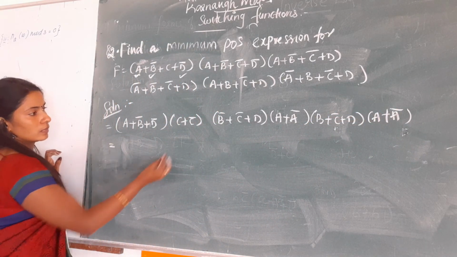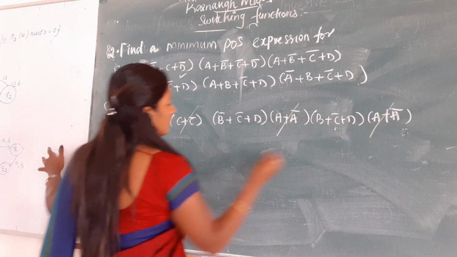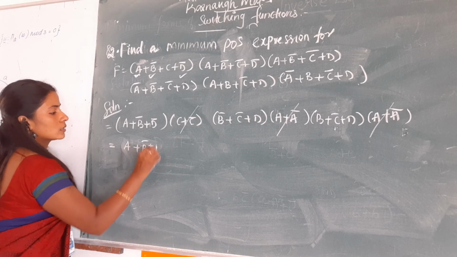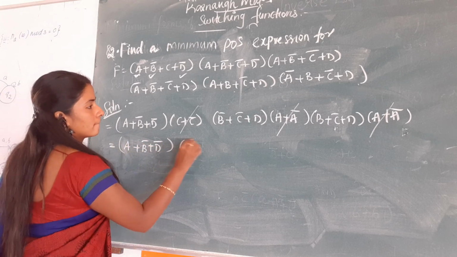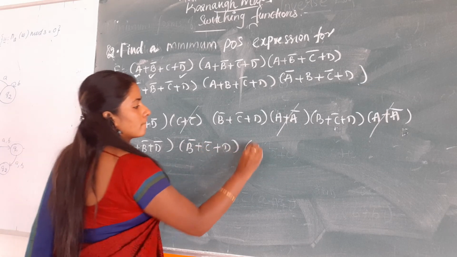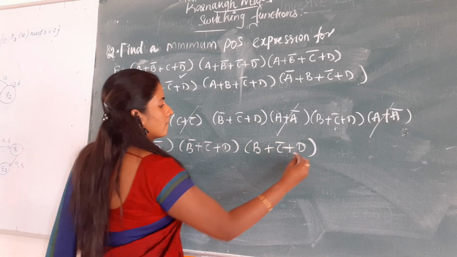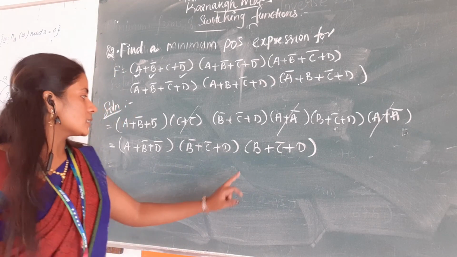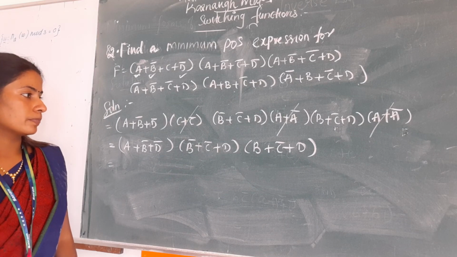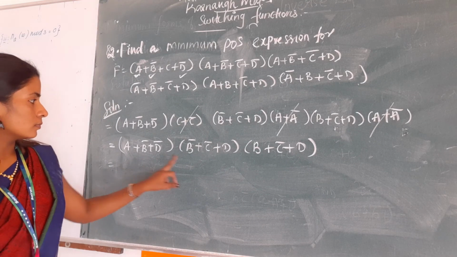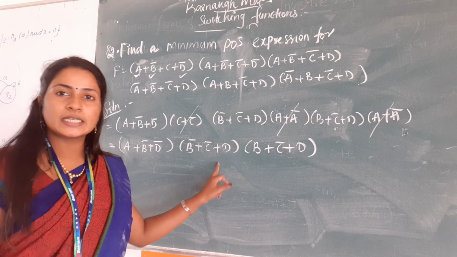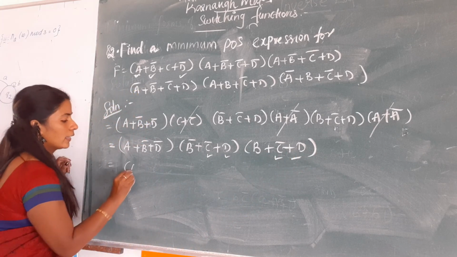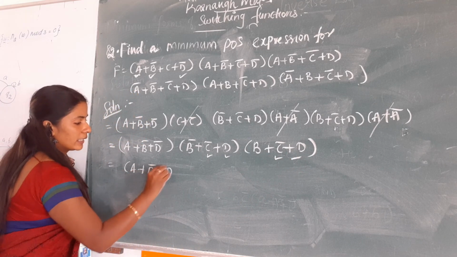So next step, this we will get 1. So remaining A plus. Check whether you can still minimize this. See, you can see these two terms, C bar, D are common. So what can you write? A plus B bar into